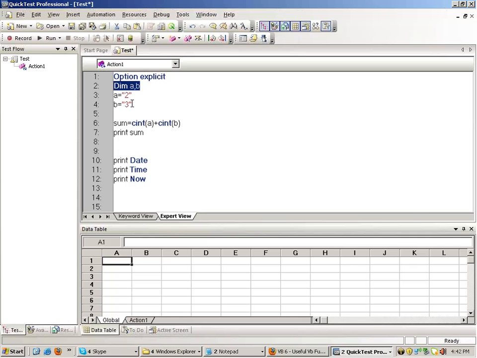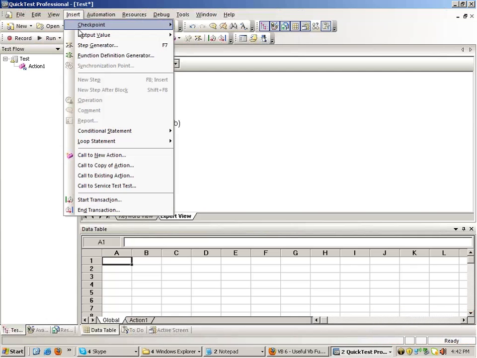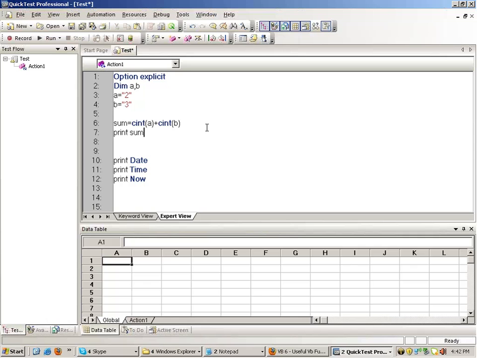So what we studied was some inbuilt functions. We studied the date and time functions, some inbuilt string functions. We studied On Error Resume Next, the Err object. That object is initialized whenever there is an error in the application. And we studied this command Option Explicit. Some basic things. And I assume that you know about loops and statements already.